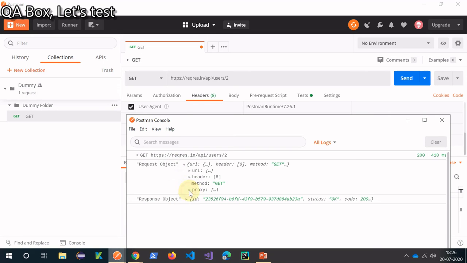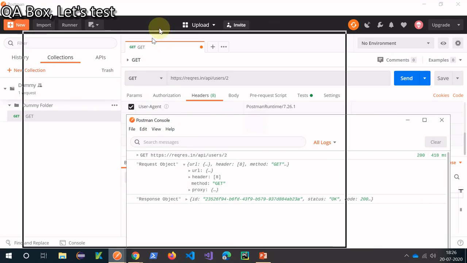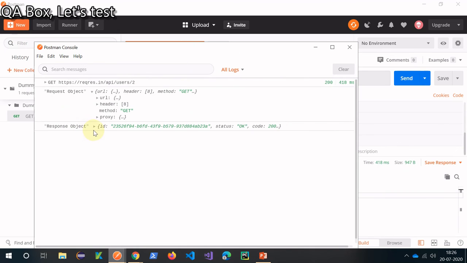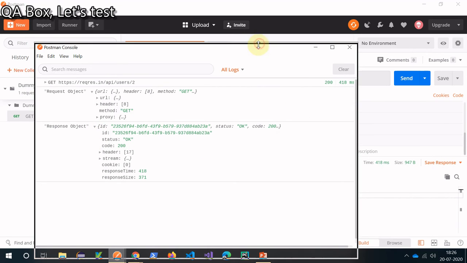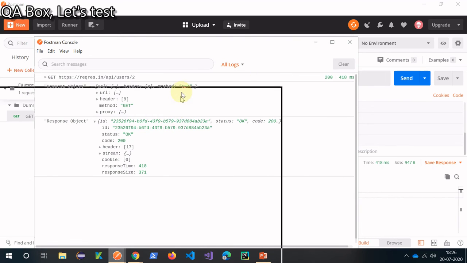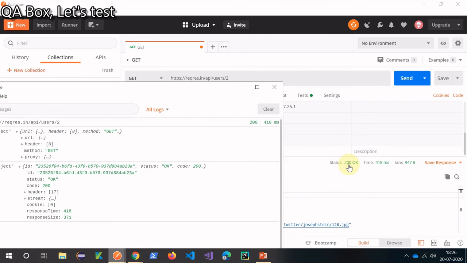All right, so let's now do the same for your response object. And for that, let me just open this, and you see the status is OK. And if you just look at your response thing, yeah, so status is 200, OK, you see status OK, code 200, header 17.